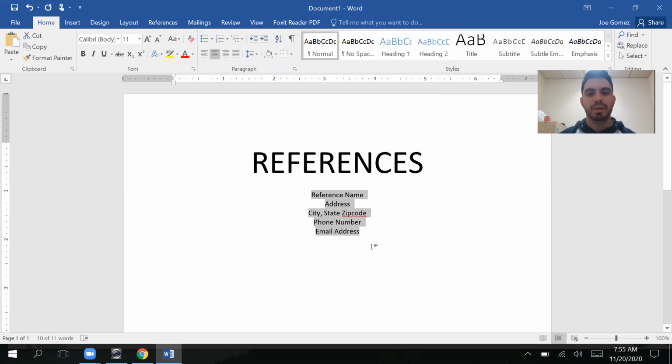Okay, so we go single, we go 0, in both of these, single and 0, and we hit okay, and you notice that changes the spacing there. Put a couple spaces. We'll do this same exact thing